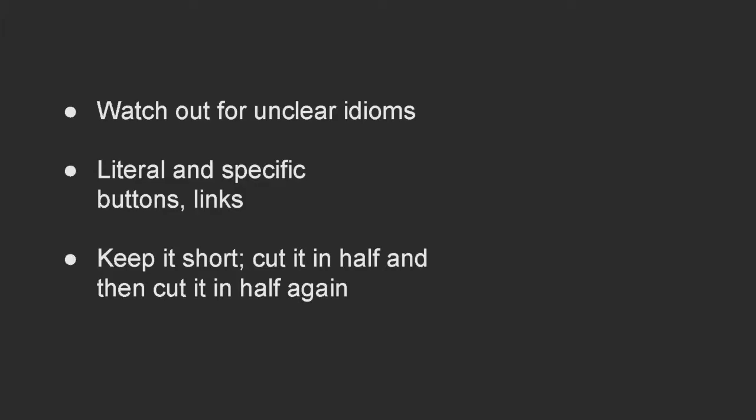Also, if the button says submit application, but when you tap it, it starts the application process or something else happens, make sure you're not jumping ahead with your button labels. Whoever it is, they'll appreciate the clarity and the literalness of it.